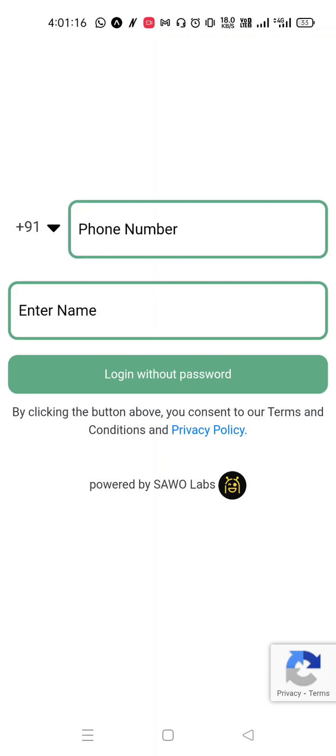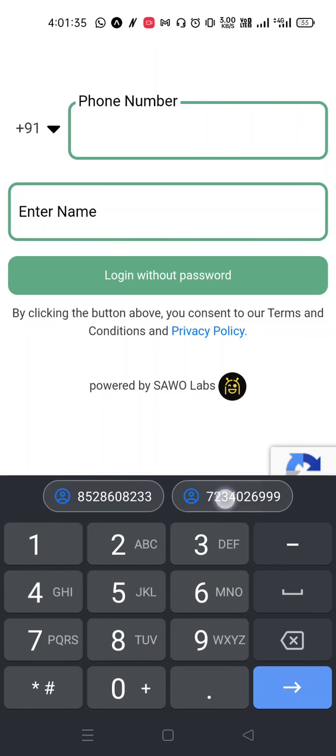Here we have to verify ourselves through our phone number and an OTP sent to it, and also enter your name. Then click on the login button and you will be redirected to the OTP filling section. Let me first enter my credentials here.